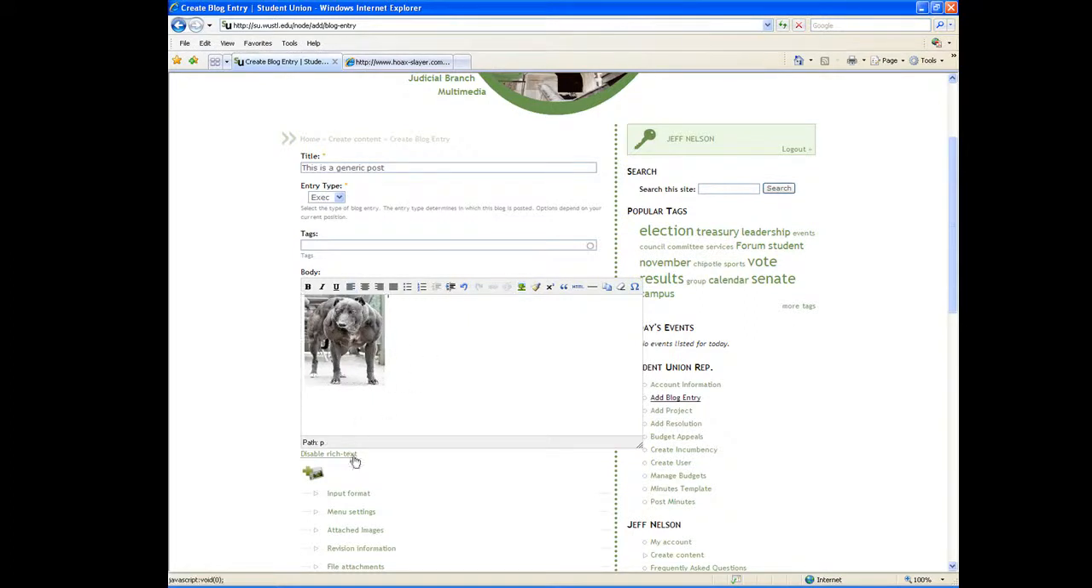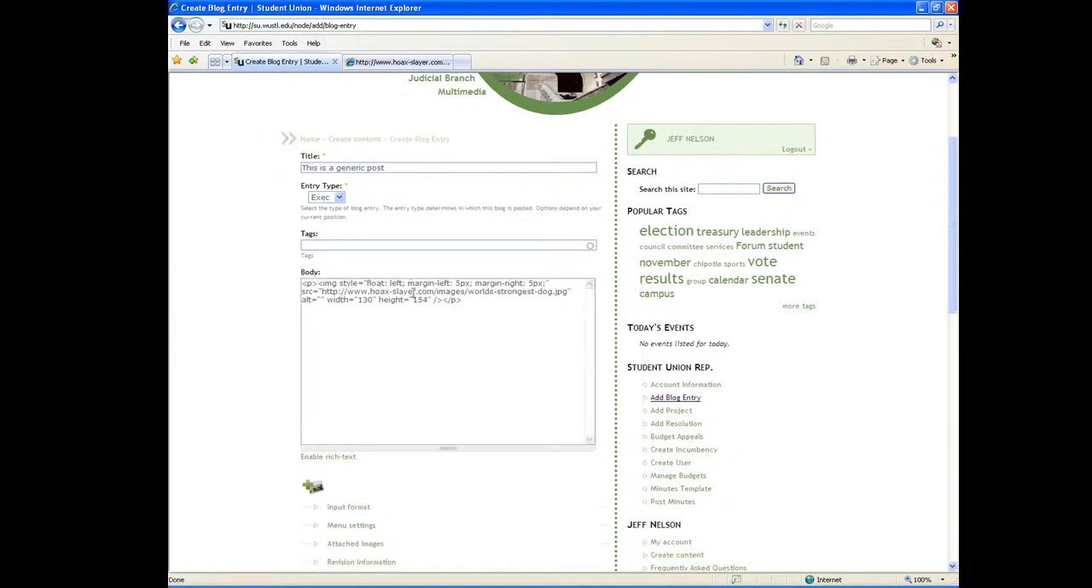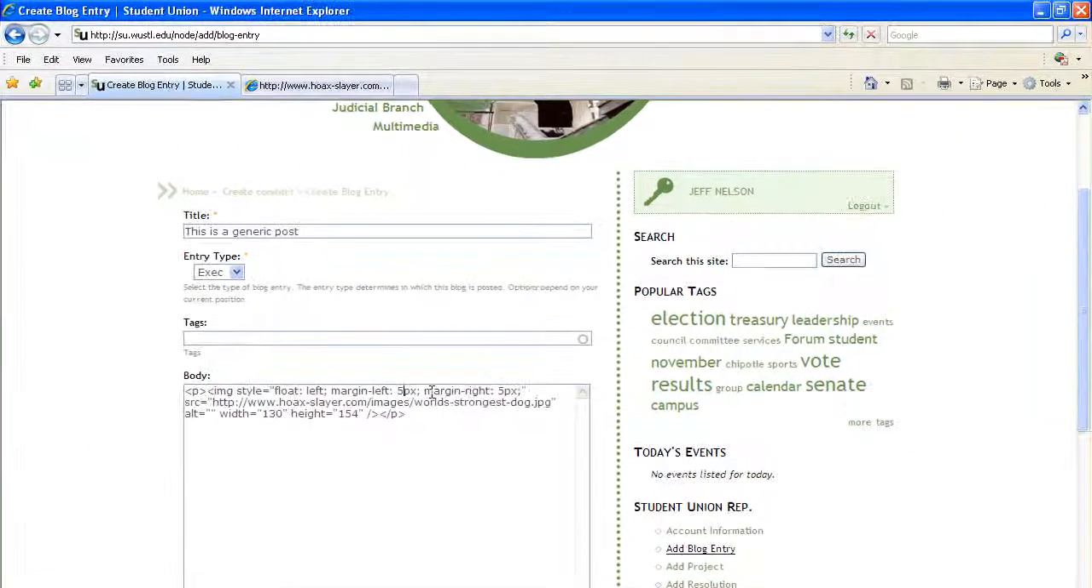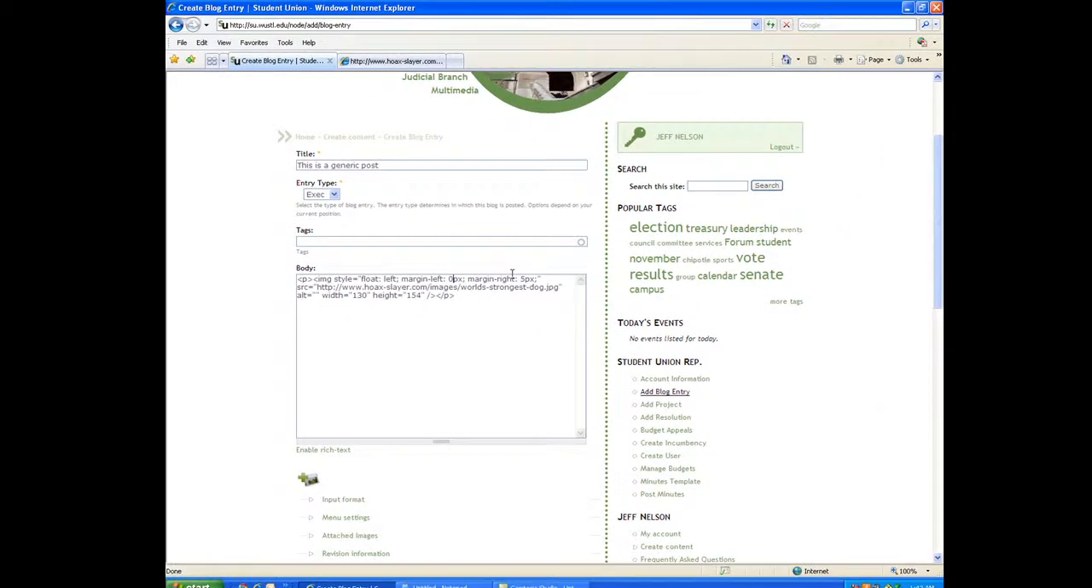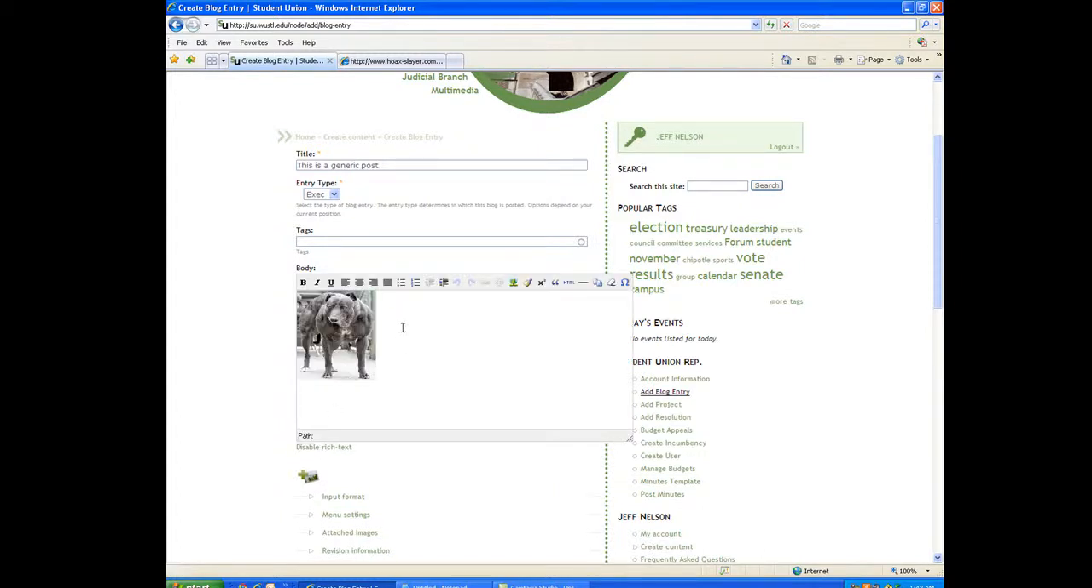Now, once you do that, you want to disable rich text, and here where it says margin left 5 pixels, change that to 0. So the margin left should be 0 pixels, and the margin right should be 5 pixels. Then you can enable rich text again, and you can resume the editing of your blog post using the WYSIWYG